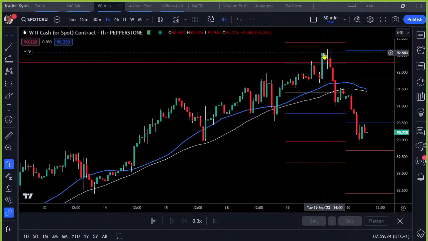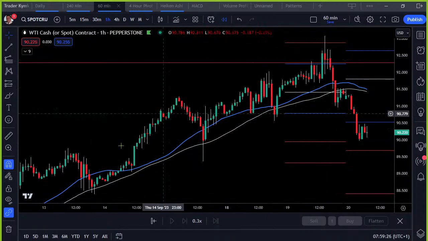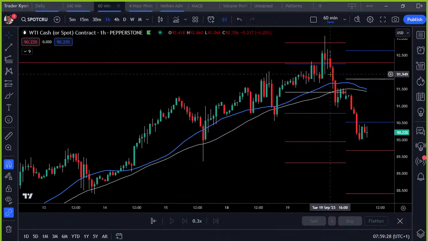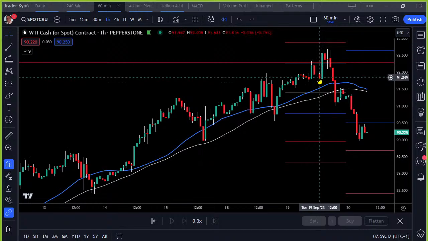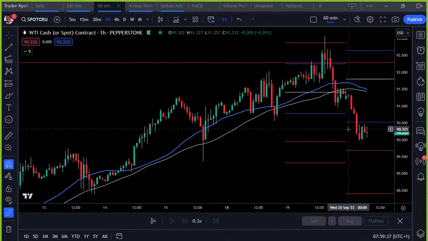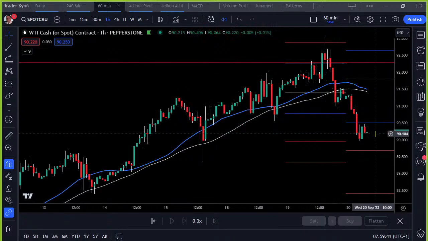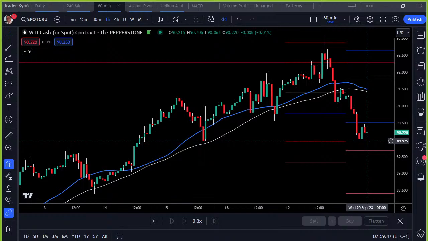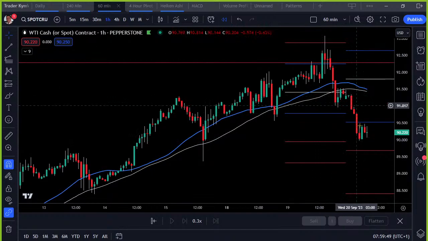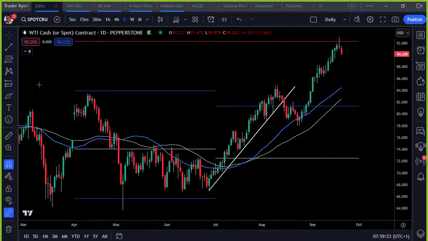2 o'clock is a major period. If you go back and look at all the 2 o'clock bars, you'll find that it either gets into gear and shifts up, or rolls over. It's a real key trading time, and it often sets the tone for the period in front of it. Right, okay, so at the moment this has put lower highs in, looking a little bit on the softer side. We'll see what develops there.